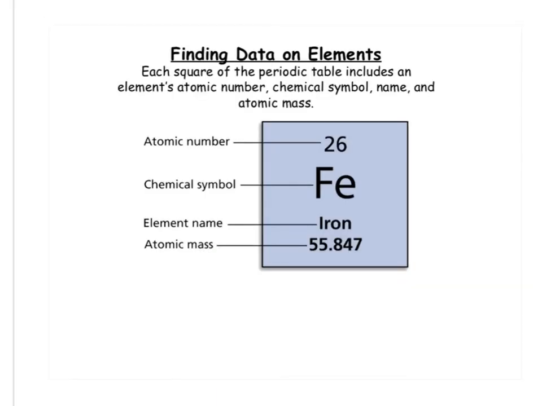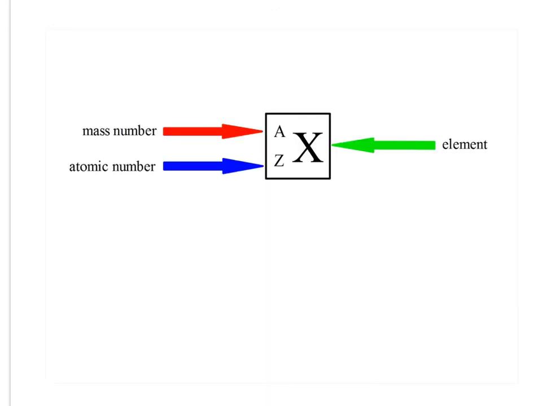Alright, so finding data on elements. Each square of the periodic table includes its atomic number, its chemical symbol, name, and atomic mass. So this is how you would write it. Your mass number is your rounded version of your average atomic mass, and this is just protons plus neutrons. Your atomic number is the number of protons, and this is how you identify atoms, because your number of protons